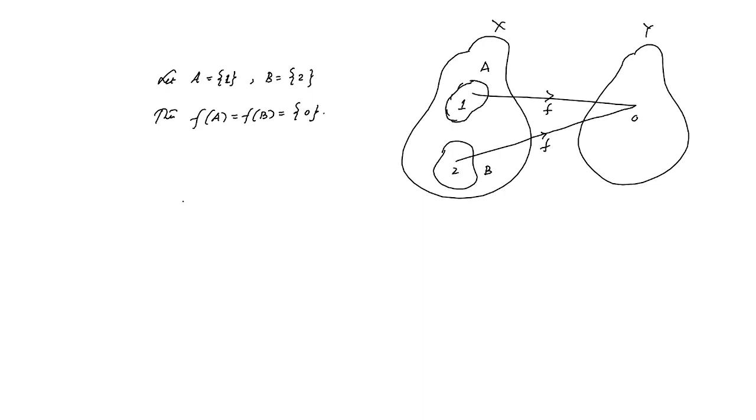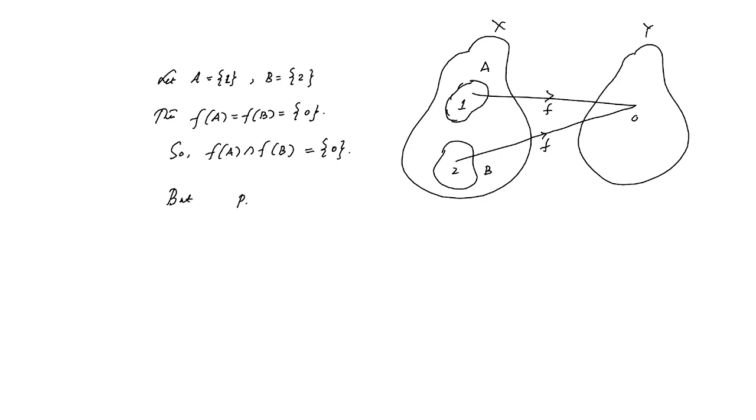Okay, so f of A intersection f of B, this is basically because both contain the element 0, again it will be a singleton set {0}. But